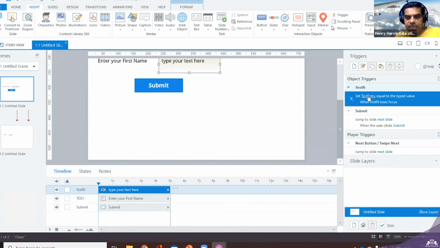Yes, this is your text entry. Now this text entry, if I want to change this value to some other value, I can do it, but we will learn one by one. So this is a little bit heavy for today to understand variable and trigger. So I'm stopping variable and trigger here and I'm moving to the animation part.